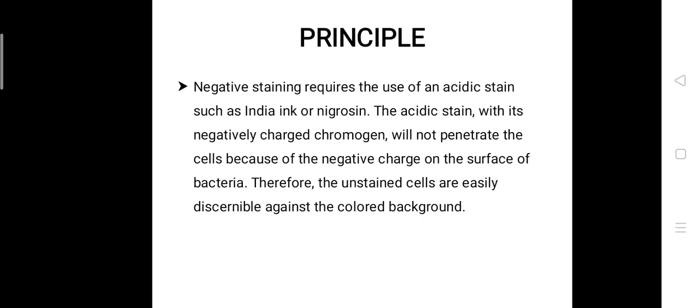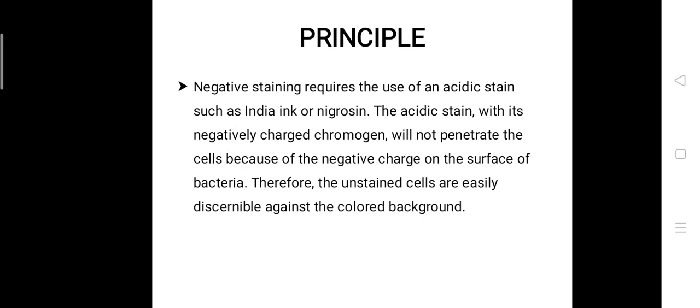Also, the practical application of this negative charge is twofold. Firstly, since heat fixation is not required and the cells are not subjected to the distorting effects of chemicals and heat, their natural size and shape can be seen. But secondly, it is possible to observe bacteria that are difficult to stain, such as some spirilla, because heat fixation is not done during the staining process. Also remember that the organisms are not killed, so the slide should be handled with care once the practical is done.